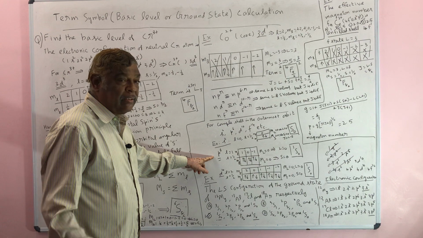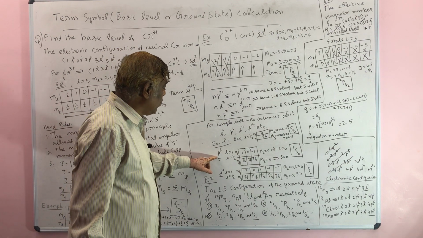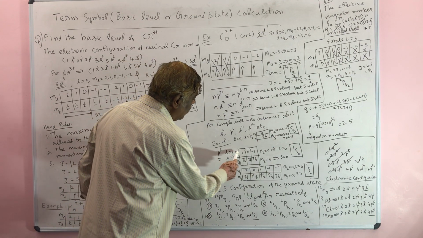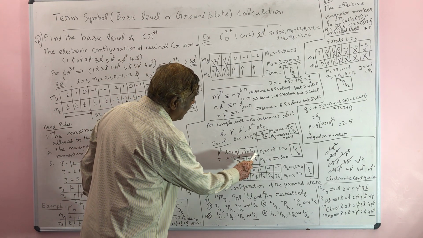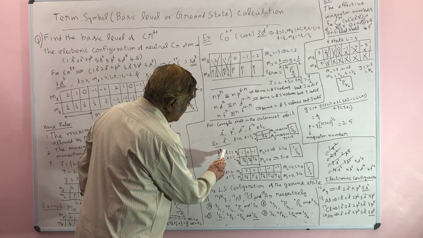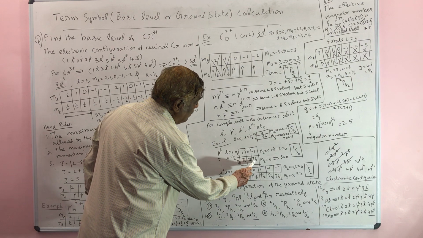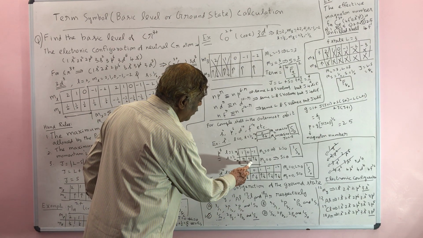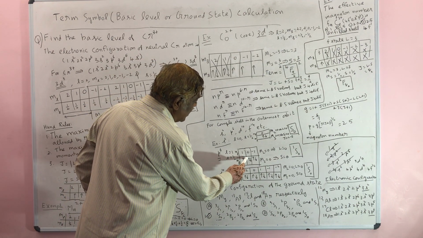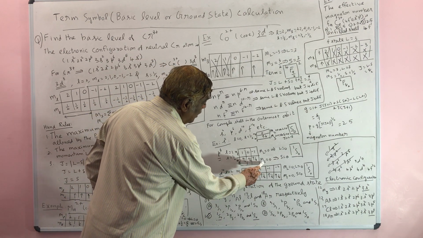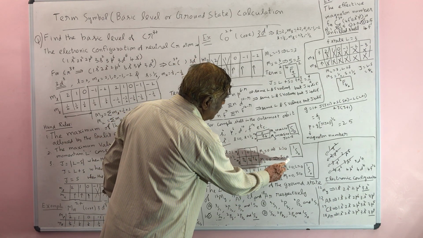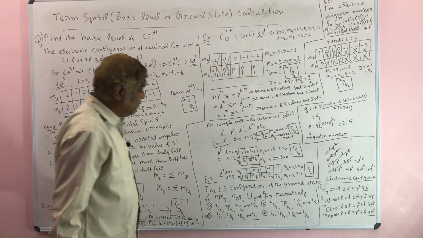Suppose the number of electrons in the outermost orbit is 6 in the P state. Again L is equal to 1, so you write down the Ml values 1, 0, minus 1. S is equal to half; since there are 6 electrons, 3 are up and 3 are down. Here this is paired. Once it is paired, this is 0. So the total Ms is equal to 0, Ml value is also 0. So again L is 0, S is 0, J is 0.